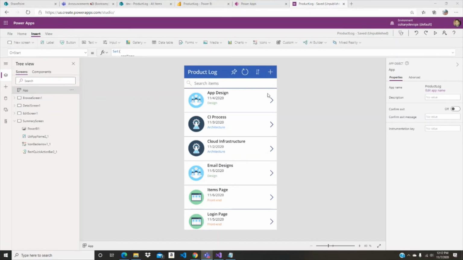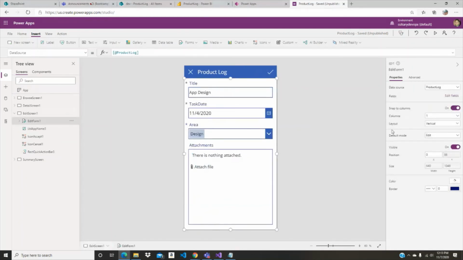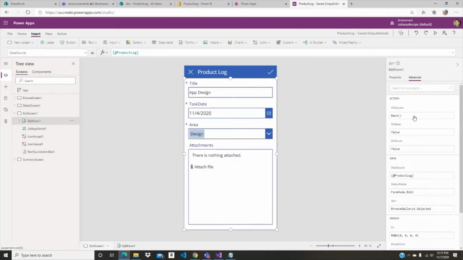All right, so we're about 5 minutes away from the next area, but I just want to give you guys a little bit more here that I did not do. If you want, on the edit form, when you click on the edit form for these applications, the edit form itself has some actions, events. So as you can see, when it is successful, we can actually send a message, or when it fails, we can send a message. So when we take a look at the on success